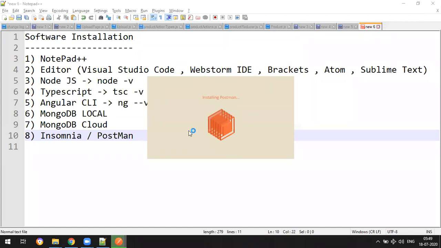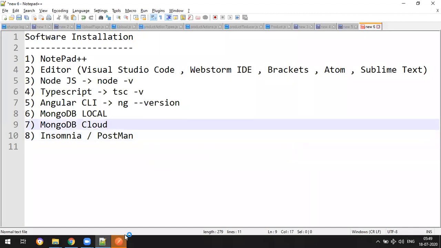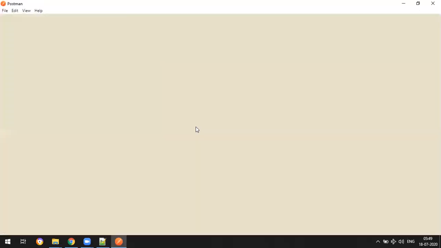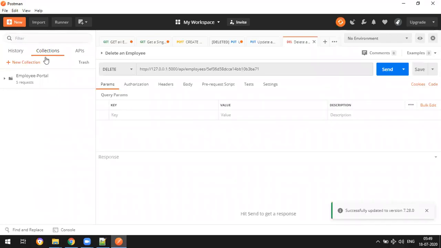Oh, nice animations. Yep, directly the software has opened. This is the Postman software. On this side you can create your projects, your workspace, and what type of requests.